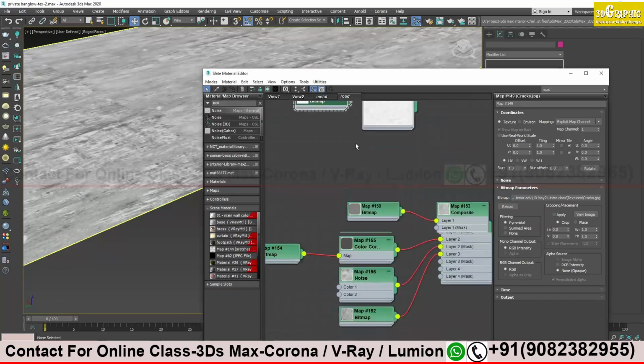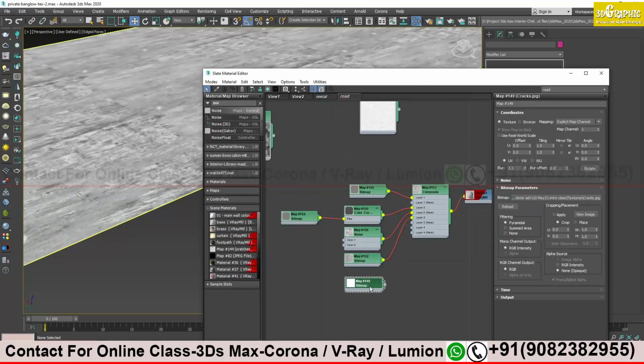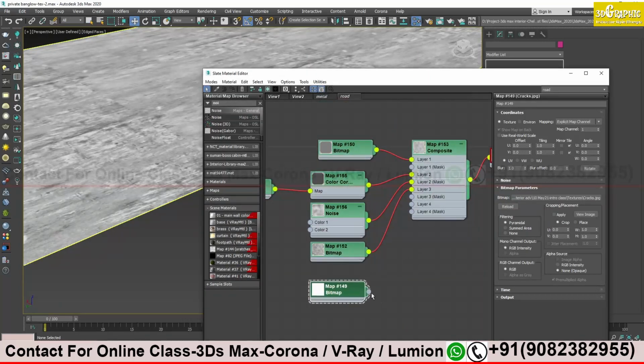So I will try to implement this one. I just take this map over here. On my fourth layer, I will just apply this. See, again it got hung.